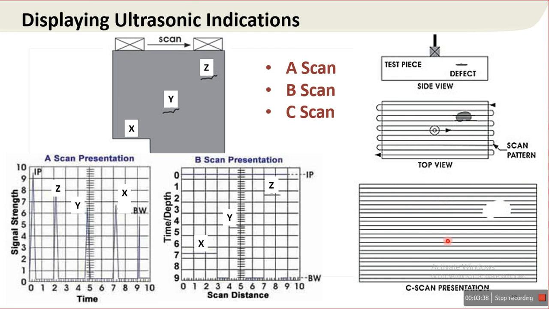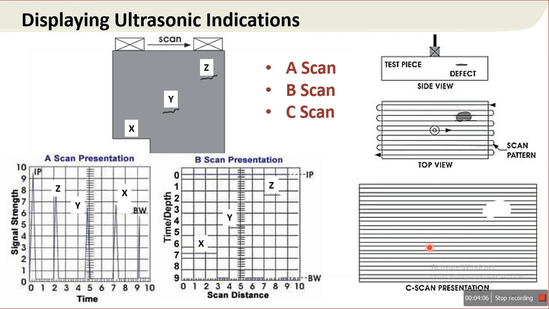So this scanning gives us the actual dimension of the test specimen along with the discontinuity. Here the plane of the image is parallel to the scan pattern of the transducer. Means as we scan the component on top view, exactly the same representation comes on the machine screen.